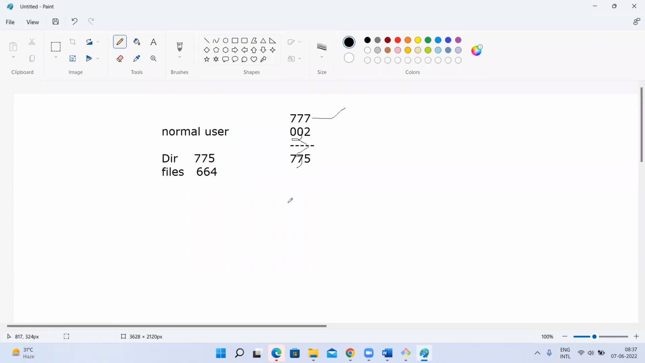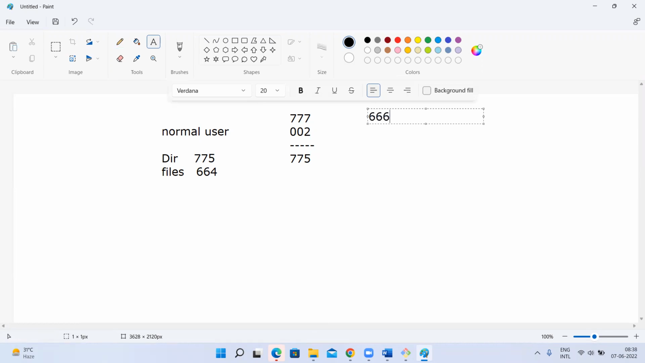Clear? But we should not change the umask in real time. It's not so easy unless it is very important or something is required. Then only we'll change it, but generally we will not change it. This default we will use, but in very rare cases someone will change it. Next, for files, the max permission, still we can give 777, but they consider it as